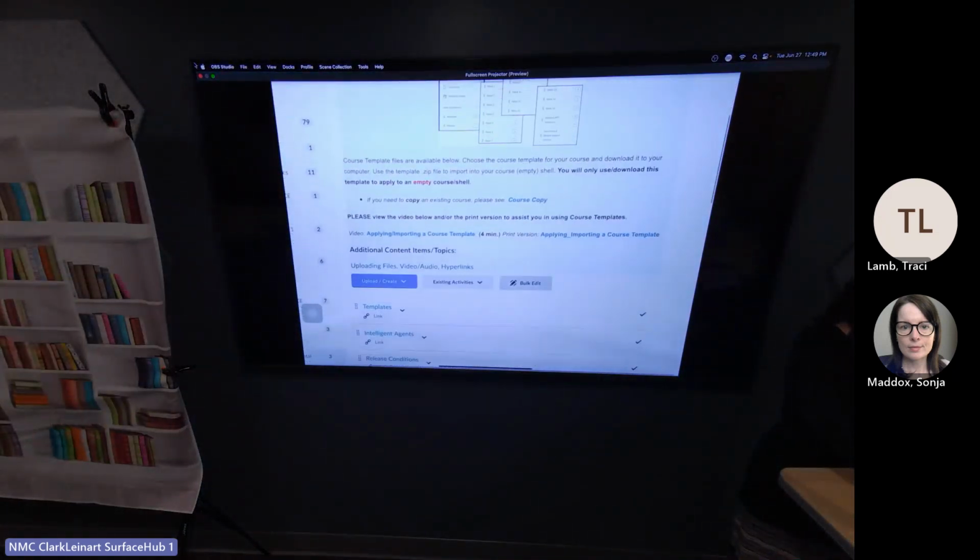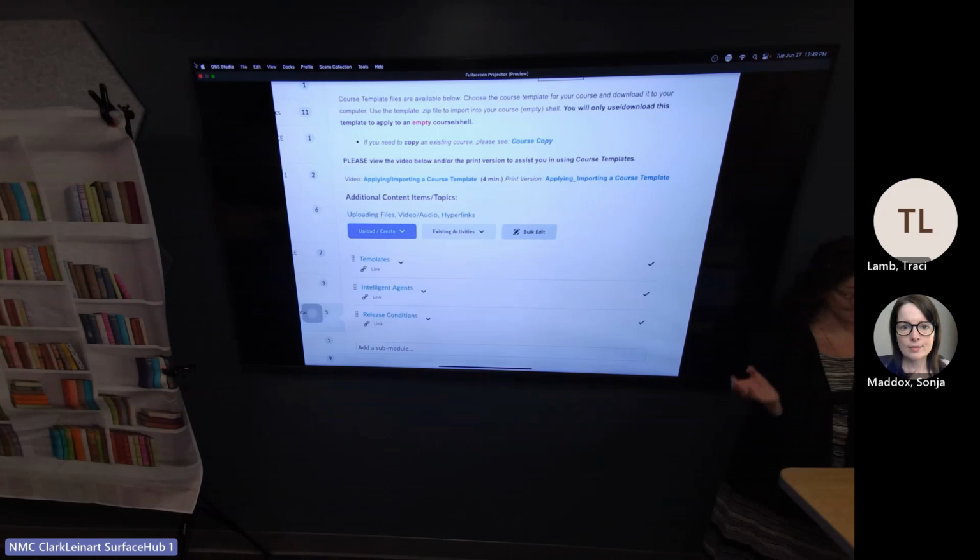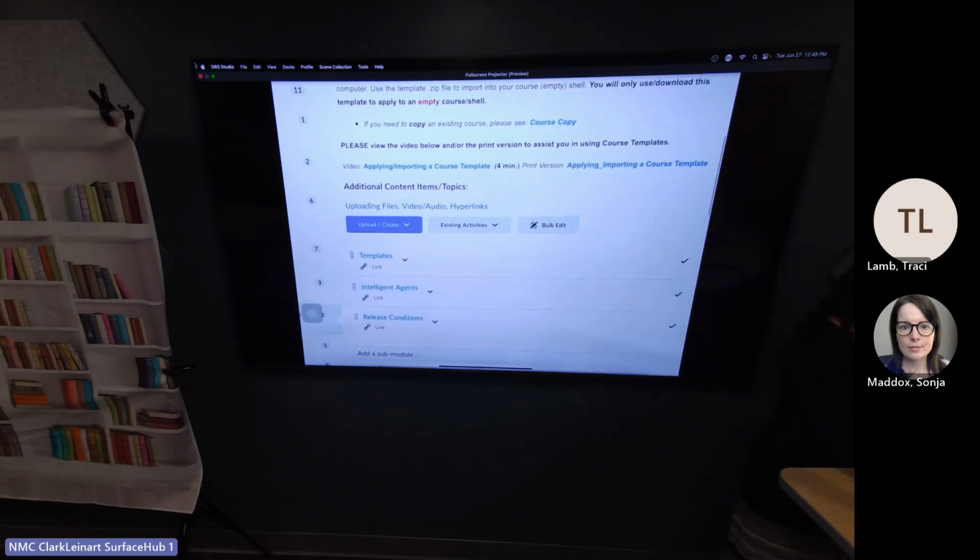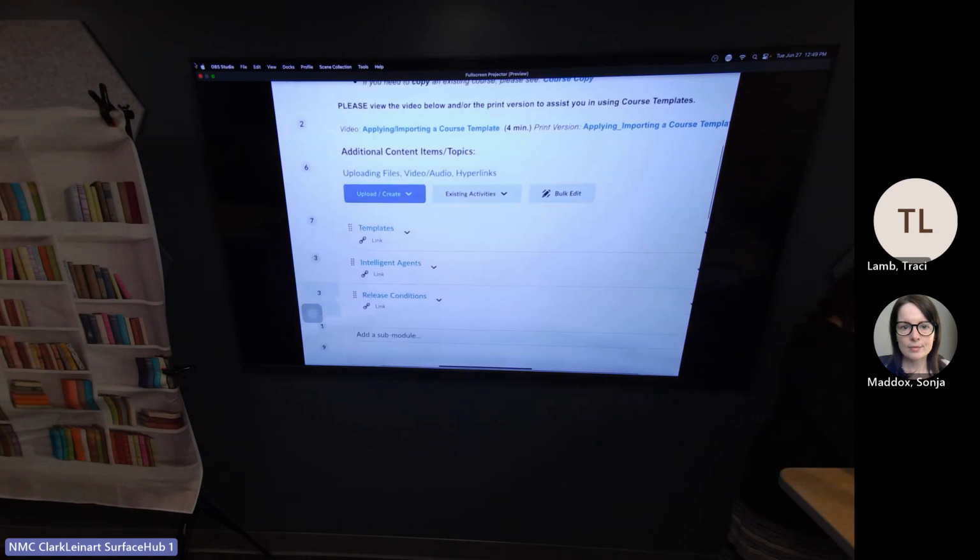I put the instructions in for you this time to get all your stuff imported, but that is also where you would find more information if you wanted a completely clean slate.